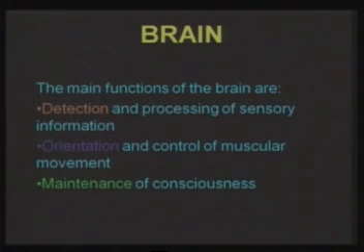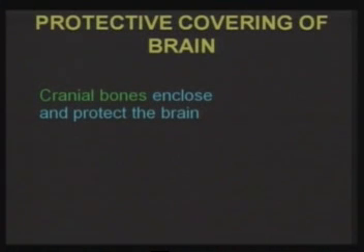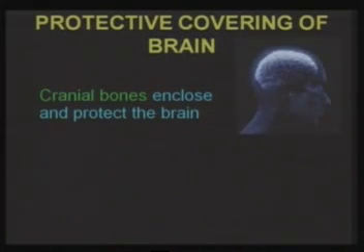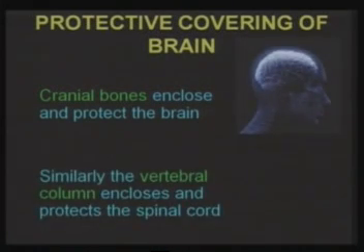Detection and processing of the sensory information is done by the forebrain. The maintenance of consciousness is done by the midbrain, and orientation and control of muscular movement is done by the hindbrain. The protective coverings of the brain. The cranial bones enclose and protect the brain, whereas the vertebral